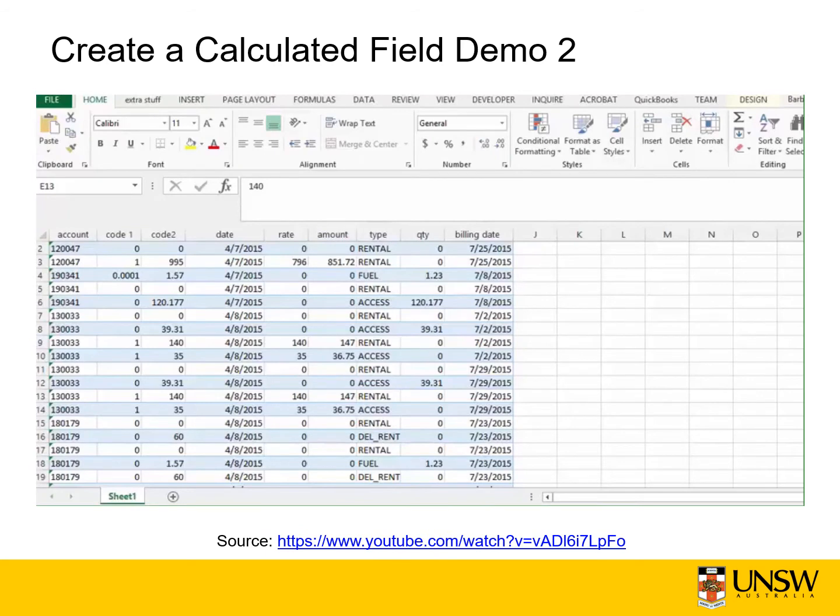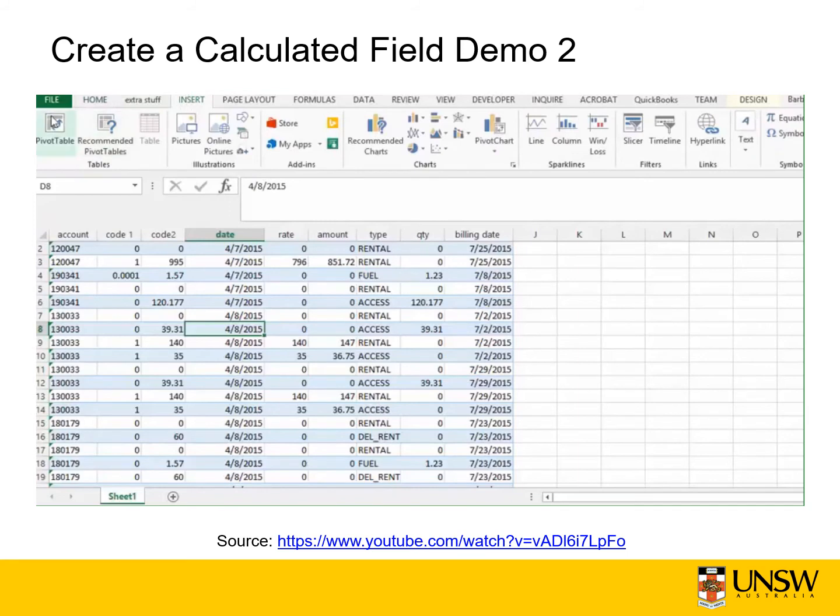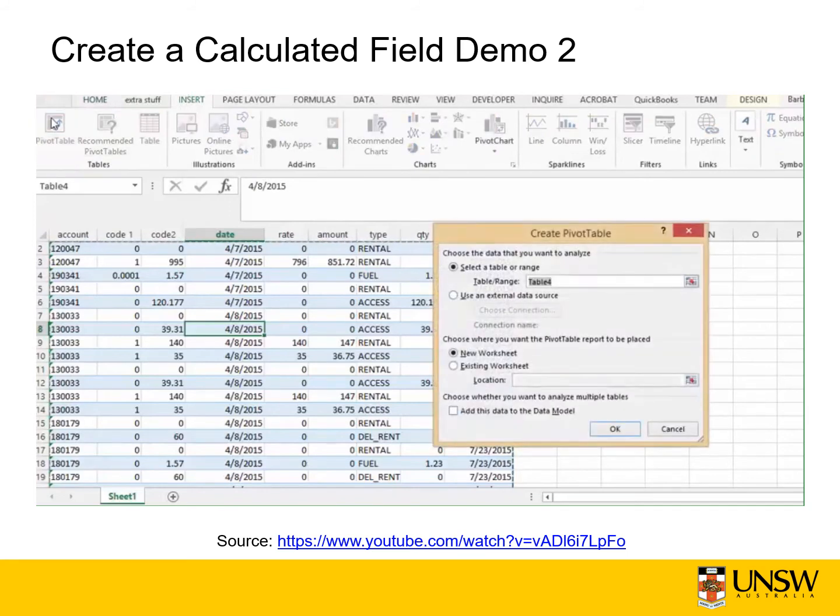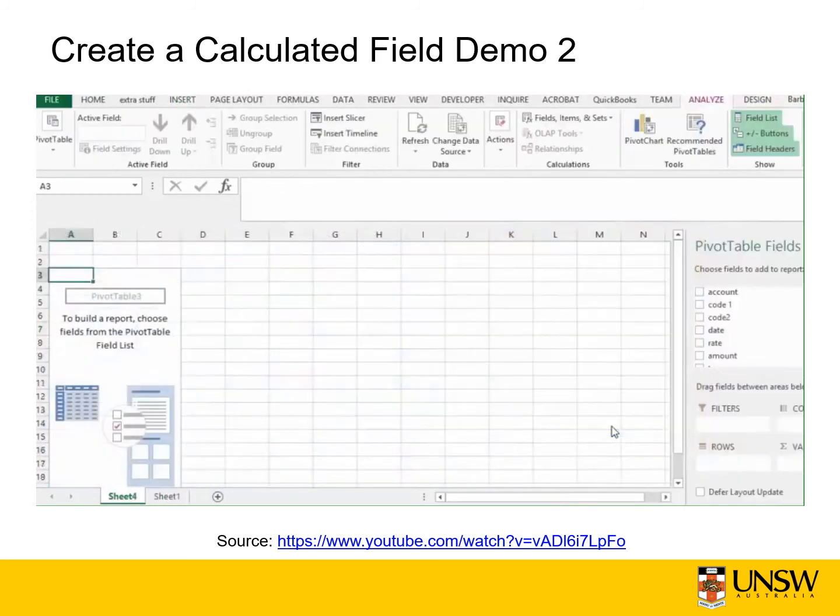I'm going to show you how to add a calculated field to your pivot table. So here we have a table that we'd like to create a pivot table on. So let's go through the normal steps. So we select inside the table, we select insert, we select pivot table, and now it's going to put it on a new sheet, and we'll say OK. And now I would